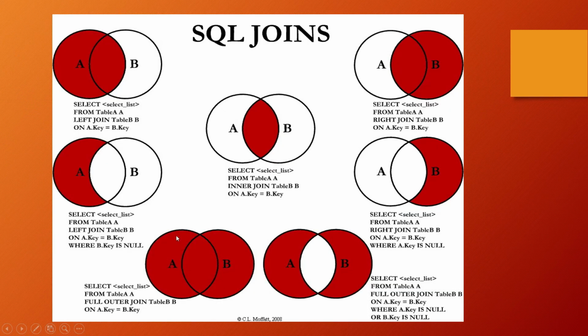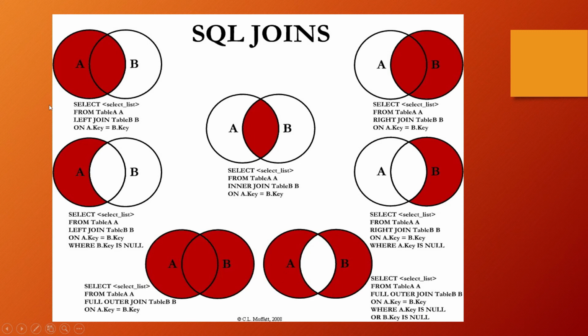So let's get a better understanding of what all the problems can be defined using the joins. We have already discussed a few of them: the left outer, right outer, the inner join, the full outer join. But there are a few cases which are left. Let's see through them as well. This is the case in the left outer join when we don't take the intersection part. This is the case in the right outer join when we don't take the intersection part, and this is the case in the full outer join when we don't take the intersection part.